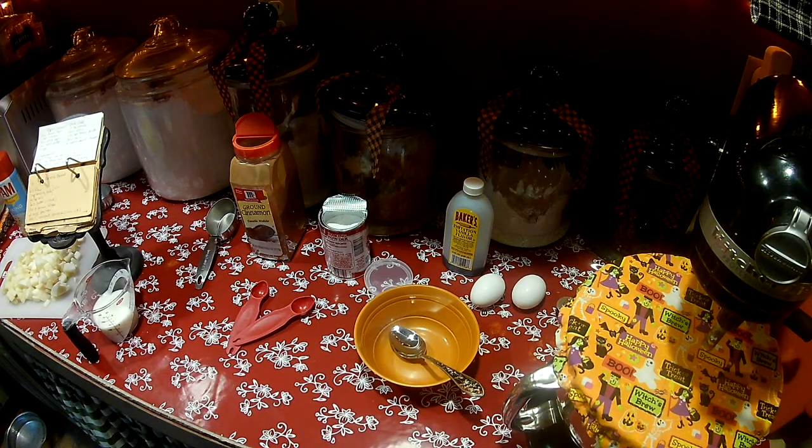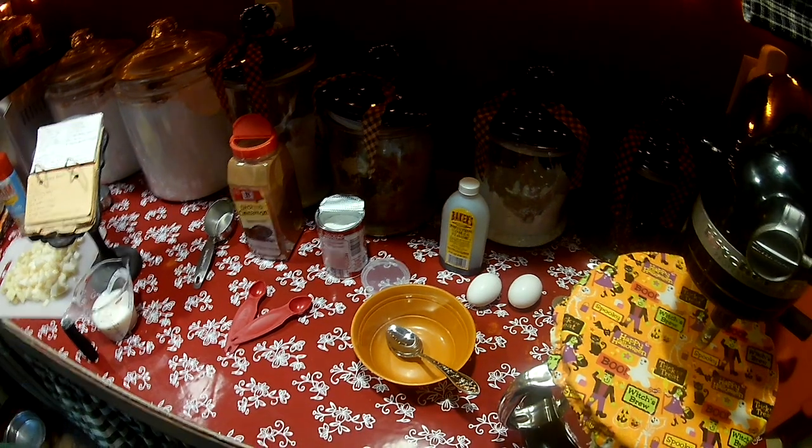This afternoon I'm making an apple cinnamon white cake, and this is a super easy recipe. It's so good. It's like the whole taste of everything that's good about fall and autumn. So what I'm going to do is use my stand mixer here,